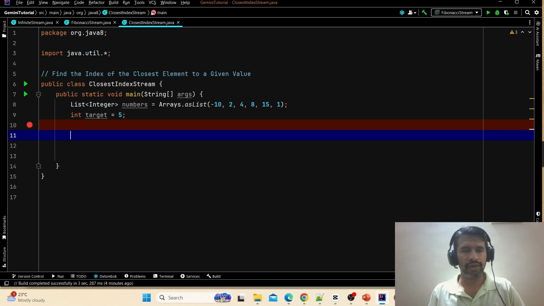So we have to find out the index of the closest element to the given number. Here, target 5 is given to you, and we have to find which number is closest to it. The closest number is the one where the difference should be smaller. For example, I'll start with a positive number. If I have to start with a negative, the first one will be minus 15, and the second one will be,